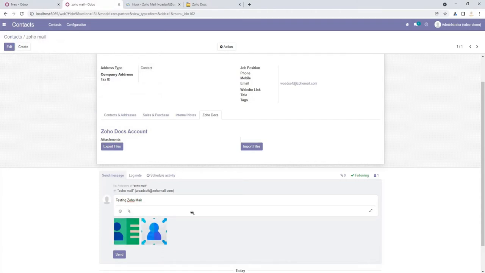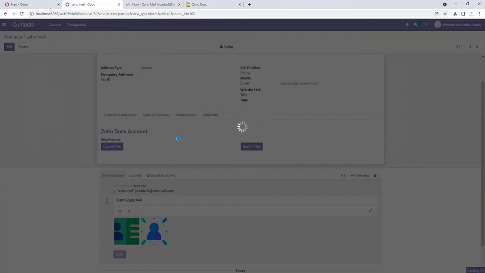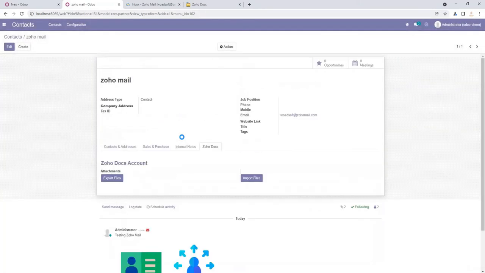So I attach 2 files and just simply click the send button. So it will take a few seconds while sending the email using Zoho credentials. Okay, so the mail is successfully sent to the given email ID.